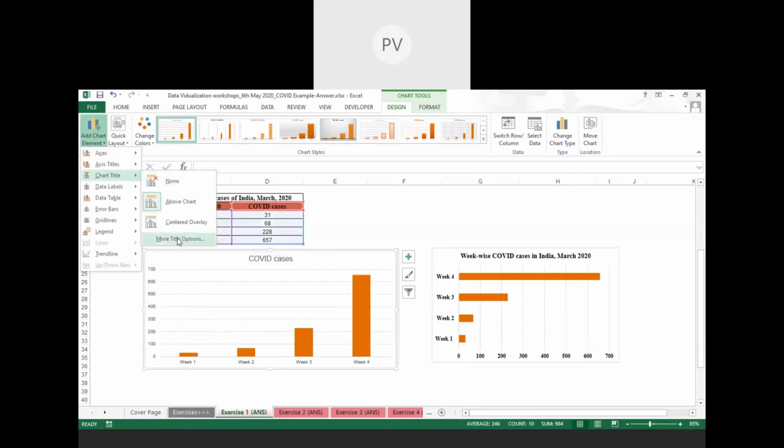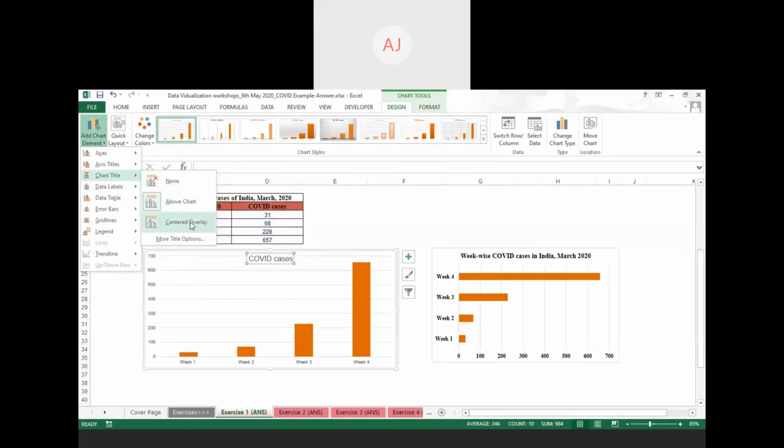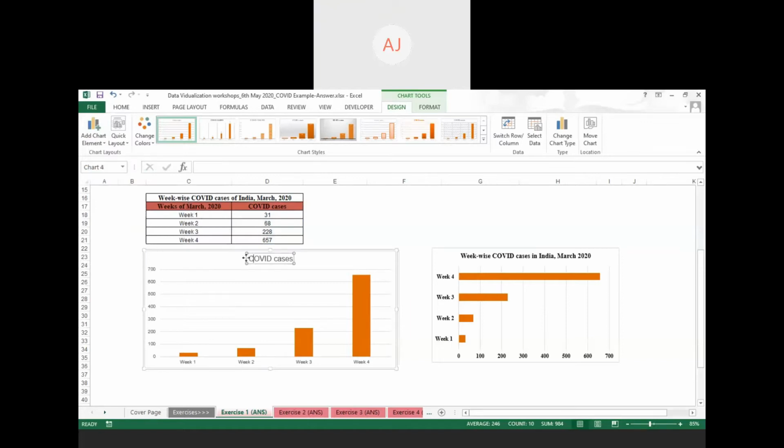In the chart title, you will get the options None, Above Chart and Centered Overlay. As well as the upper part of the chart. If we select the upper part of the chart, we'll get a window like this.